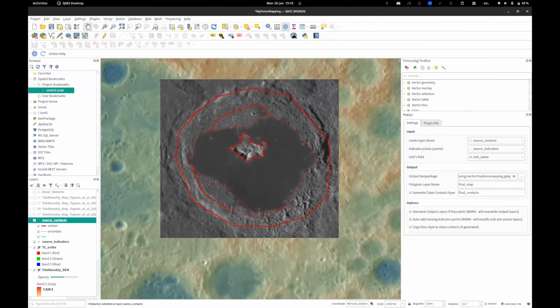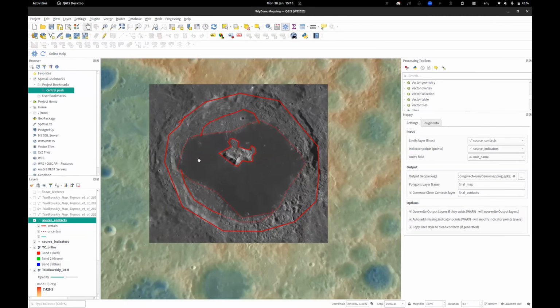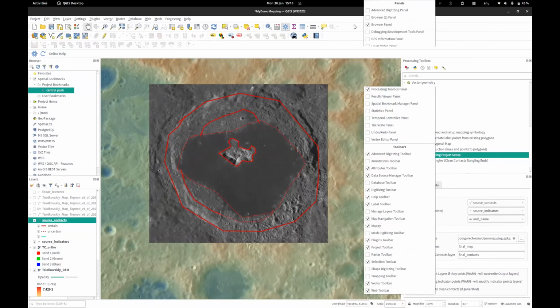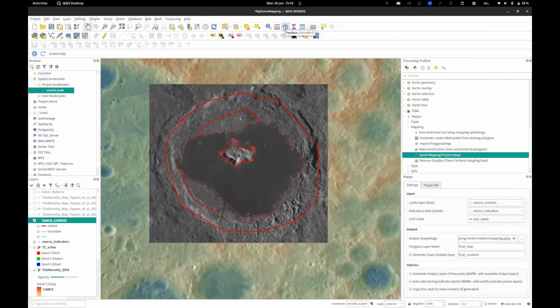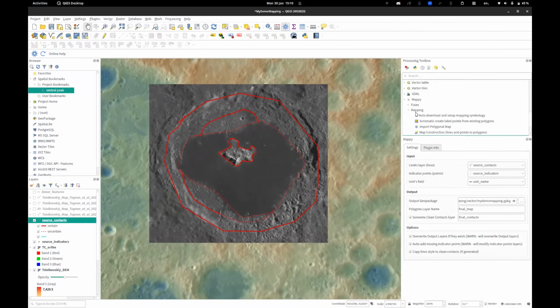Luca, can you show again how to find all the source contacts, source indicators, unit name layers? I think some people missed the part of the quick mapping project setup. So you have to enable the processing toolbox with the button at the top, like that one. Then you scroll down, you go to MAPPY here, and then you have to do quick mapping project setup. If you double click,